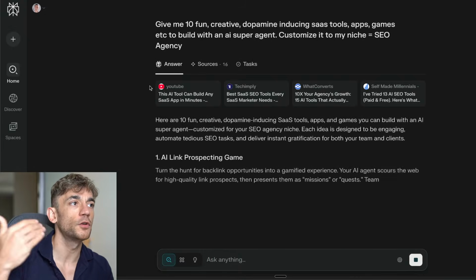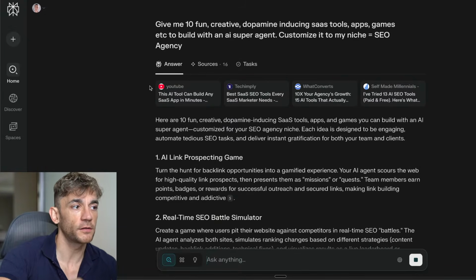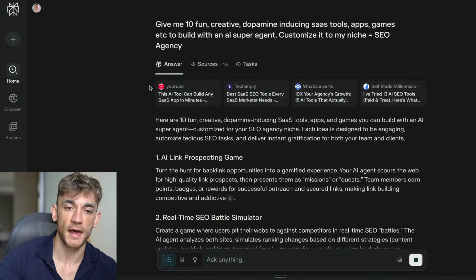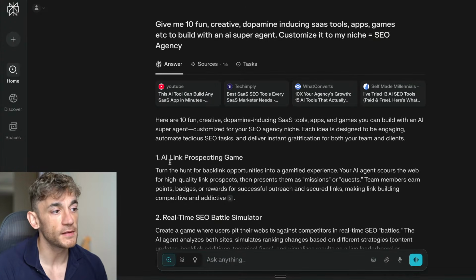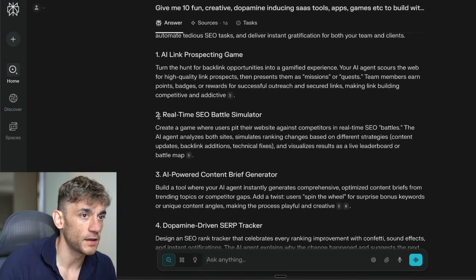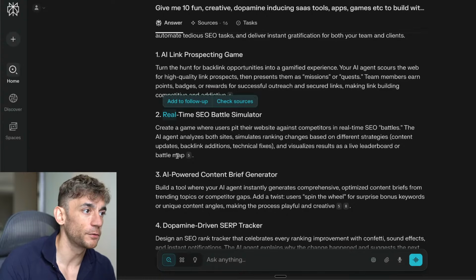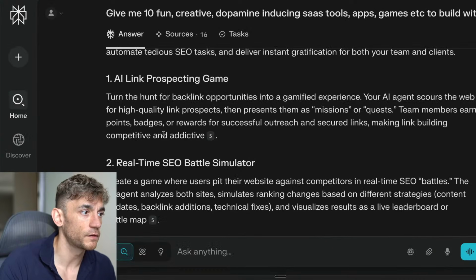Now, we want to use the normal version of Perplexity for that because it's going to be much faster to reply. Like if you use Labs, it might take like 10 minutes to do this stuff, whereas you just want to get some quick ideas, and then later you can go back into creating the games and that sort of thing, right? So you can see here, we've got the real-time SEO battle simulator, and that is, for example, create